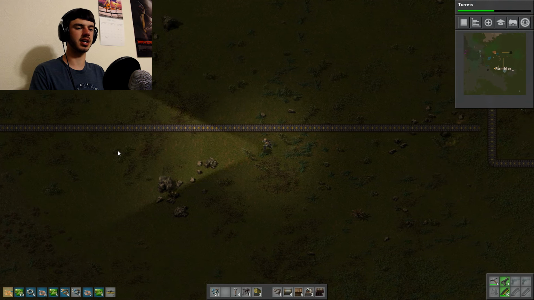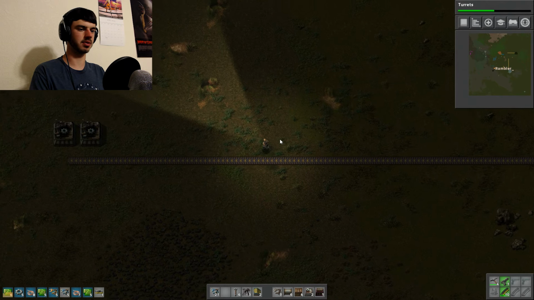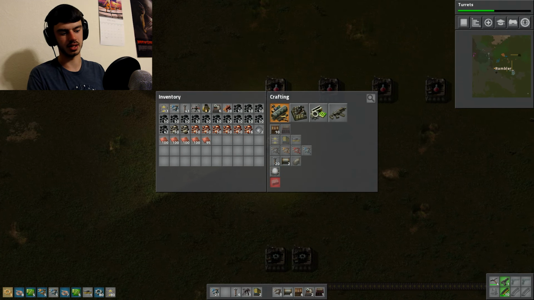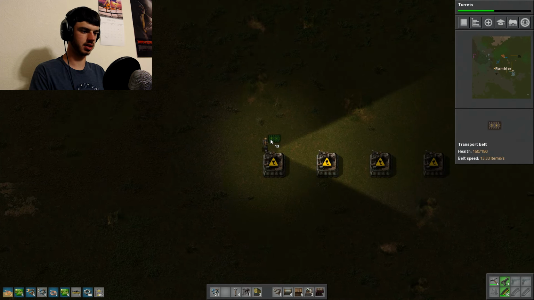We'll have iron going there, and then I need to get a splitter for my copper production, and I'll start rolling copper through here as well. I need a lot of transport belts. So I can get,